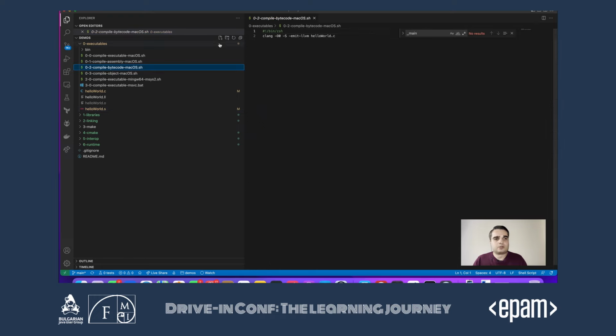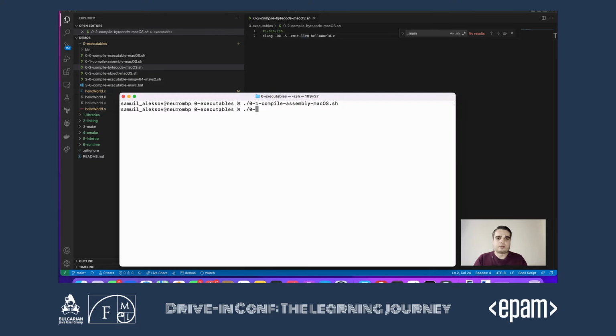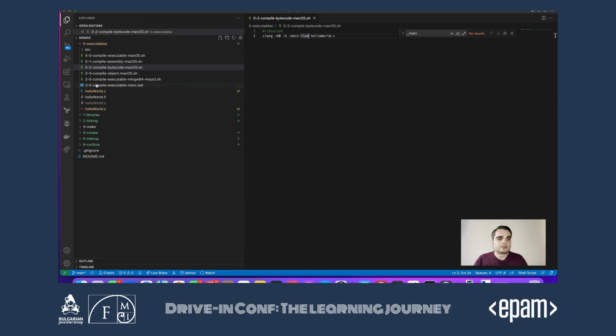We can also ask the compiler to produce bytecode, or some intermediate representation, by setting emit-llvm, and most compilers would show you either an abstract syntax tree of what they have so far in the compilation, or in case of hello LLVM, this LL file, which I have created in advance, but I just ran this.